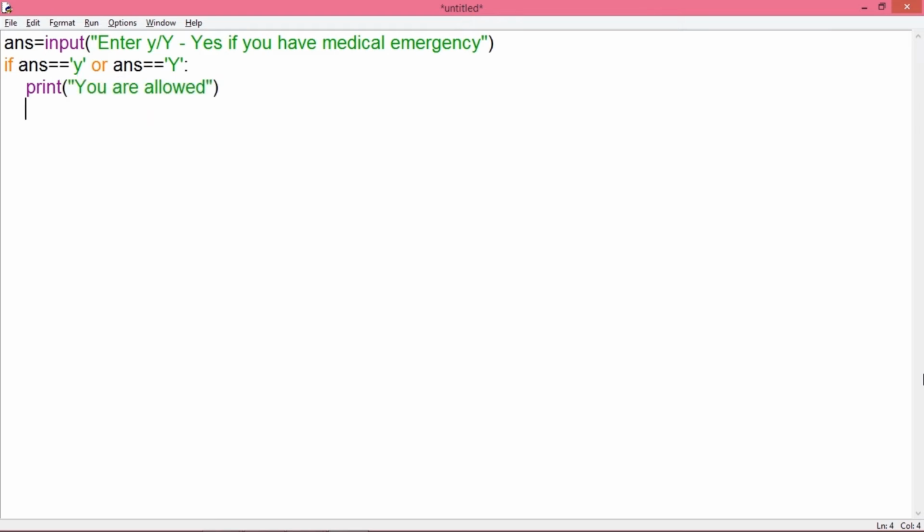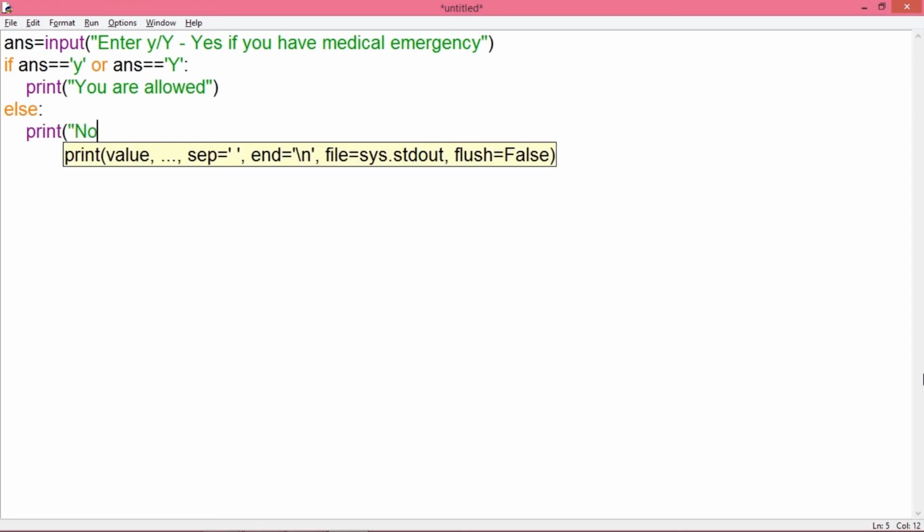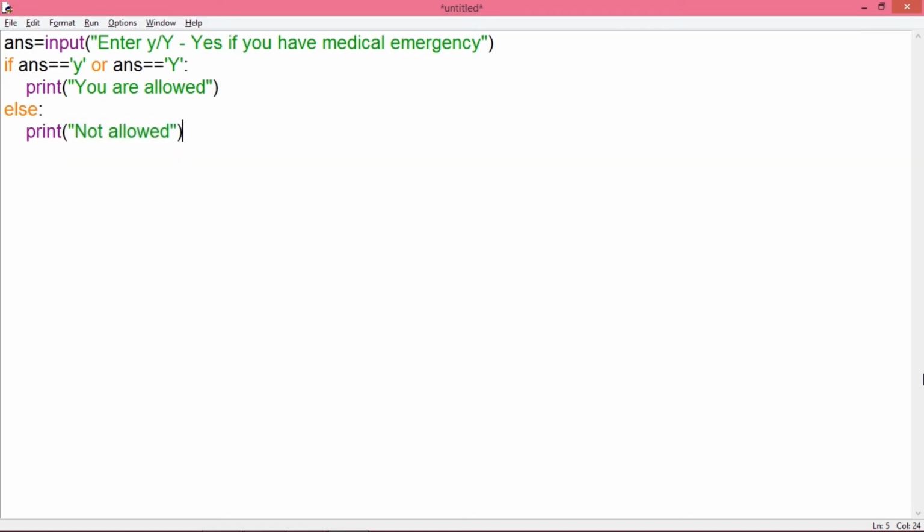Instead of getting the Y letter only, I can also compare the value against yes. I'm using the simple letter so that it becomes easy for me to compare both the cases. Otherwise, in case of a complete word yes, the user can give it in small letters or capital letters, first letter capital, and different ways of giving that value. And in the else part, I'll print the statement that the person is not allowed. So this is how the condition written with if is combined using OR.